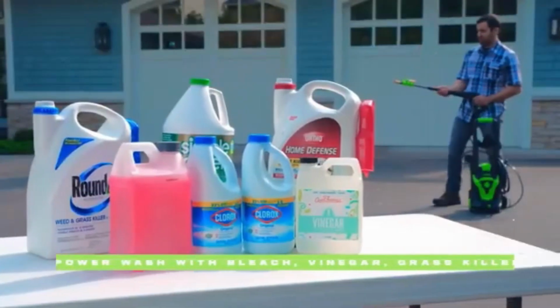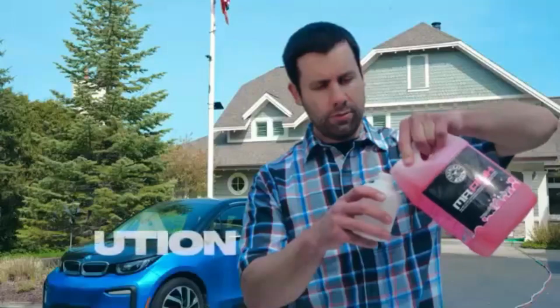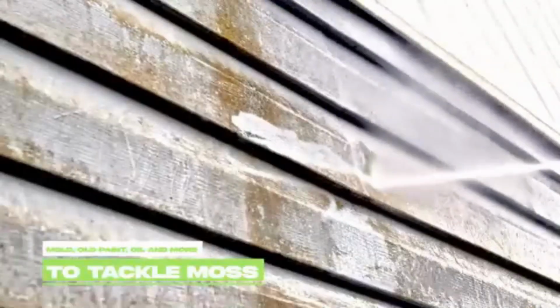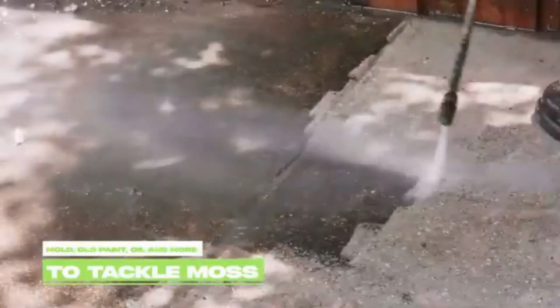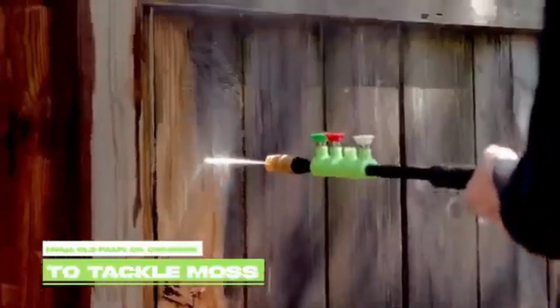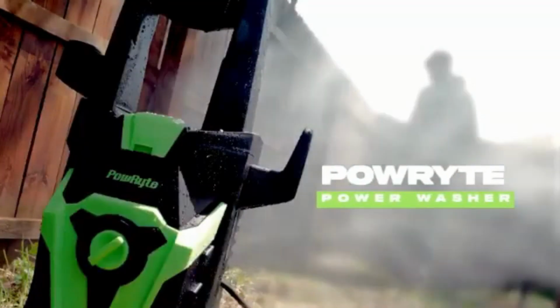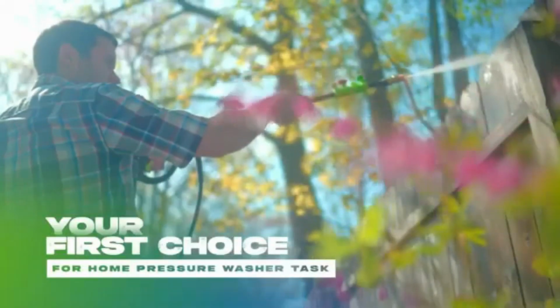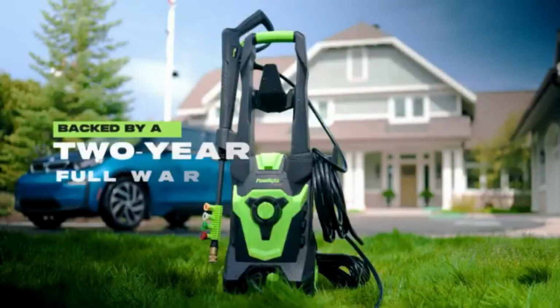The pressure washer's compact design and sturdy wheels make it easy to maneuver around your workspace, while the included 20-foot high-pressure hose and 35-foot power cord provide ample reach for most cleaning projects. It also comes with multiple nozzles, including a turbo nozzle, allowing you to adjust the water pressure according to the task at hand. For those tougher cleaning jobs, it even includes a brass foam cannon to apply soap and deep